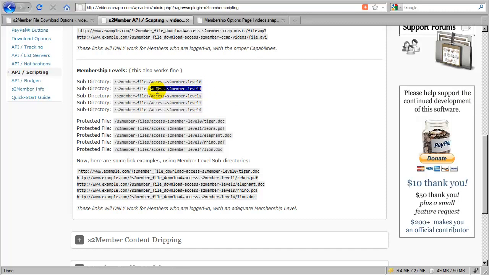Okay, so if I wanted to protect files, I wanted to make sure that certain files required level 1, I create this access s2Member level 1 subdirectory, and then here it's showing me how to use the protected directory. So if I had a file named zebra.pdf, I could upload zebra.pdf inside of this special subdirectory. Okay, and now whenever I create my link, which is what this is showing you down here, so if I created a link to zebra.pdf,